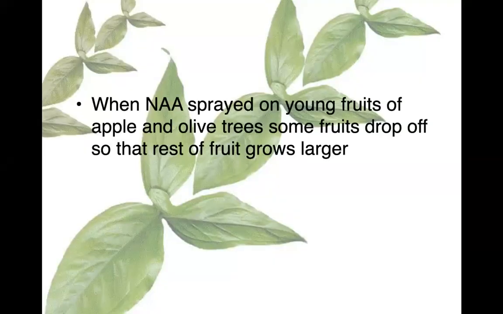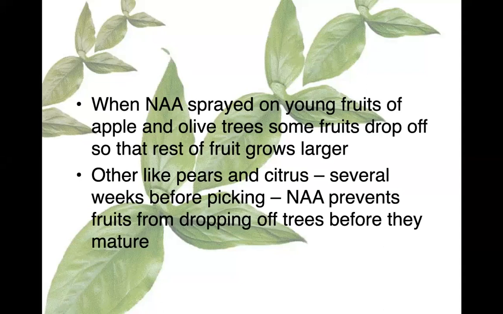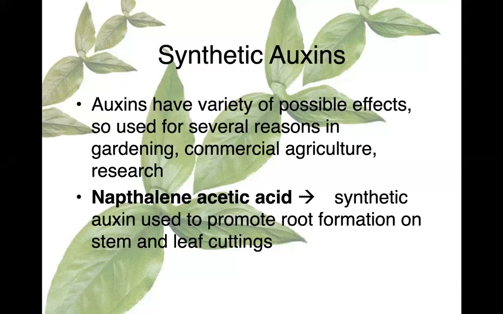Right, so when you cut part of a plant, you can either put it in water or plant it directly in soil, and it can grow new roots. Right, so that was on the cuttings. So if you cut part of a plant in order to propagate it, you can use synthetic auxins like NAA to promote